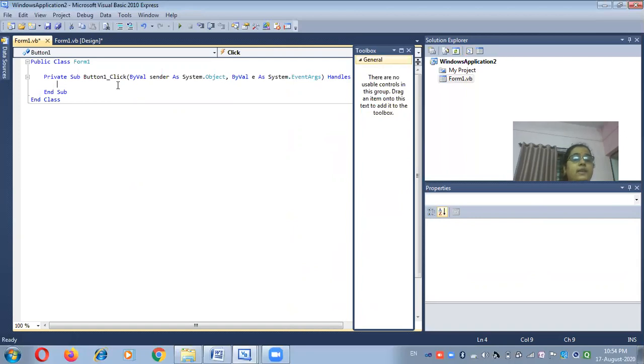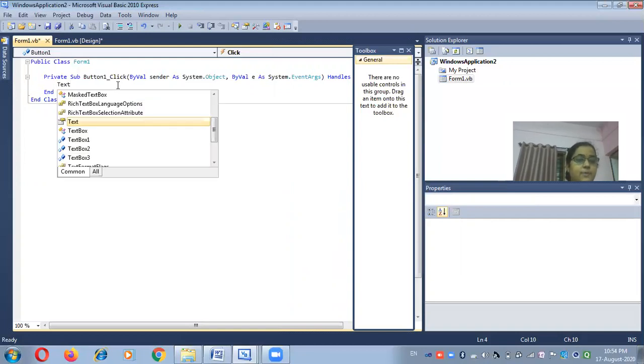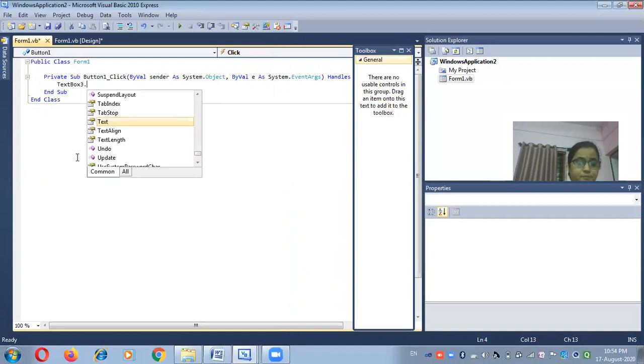Now what is our requirement? Our requirement is we just want to add two numbers and store the value in the third number. The third number is stored in text box 3, so I just type here text box 3. After writing text, whatever controls you have considered in the application will be displayed automatically.